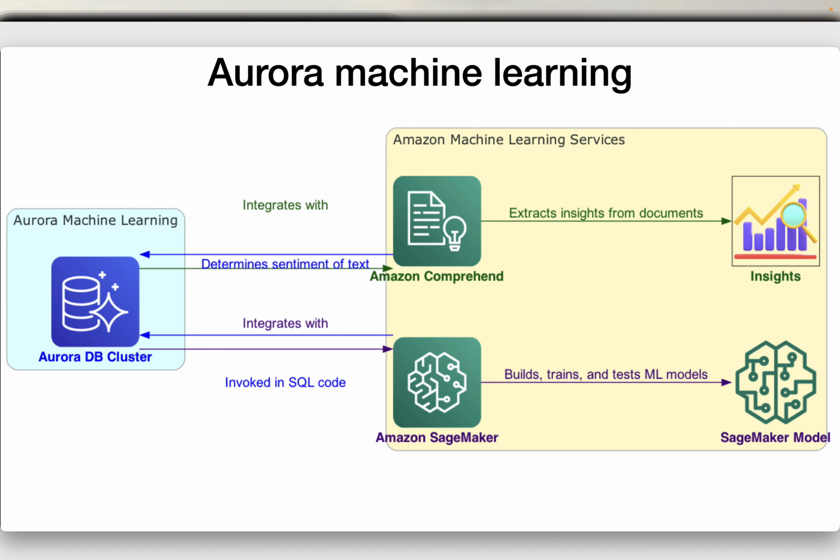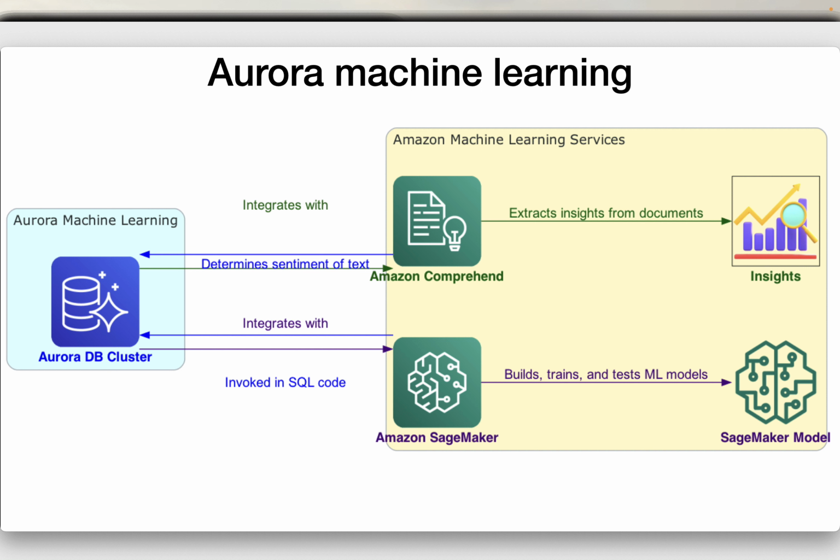Next feature is Aurora Machine Learning. By using Amazon Aurora Machine Learning, you can integrate your Amazon DB cluster with Amazon Comprehend or Amazon SageMaker, depending on your business needs. Both Amazon Comprehend and SageMaker each support different machine learning use cases. Amazon Comprehend is a natural language processing (NLP) service that is used to extract insights from documents. By using Aurora Machine Learning with Amazon Comprehend,